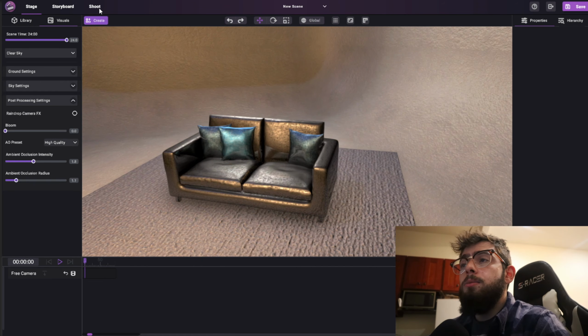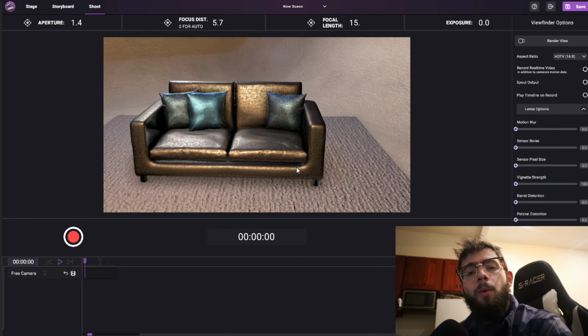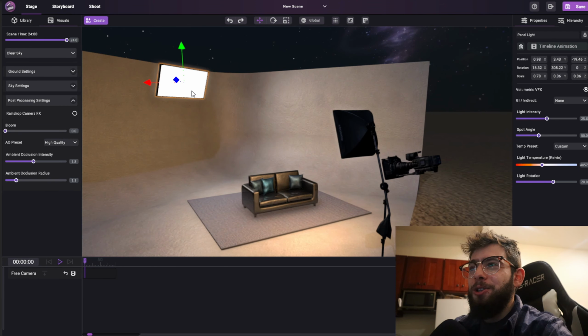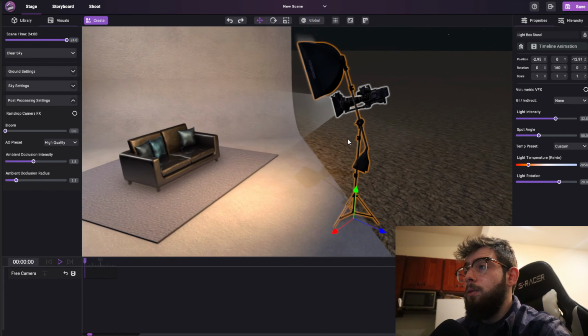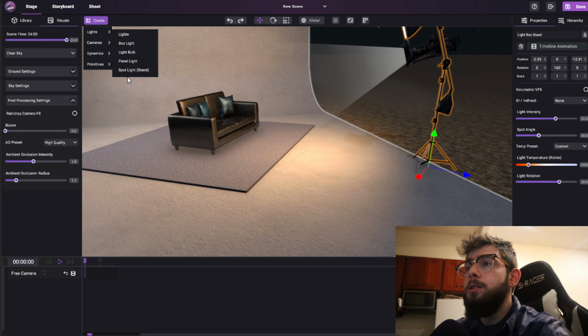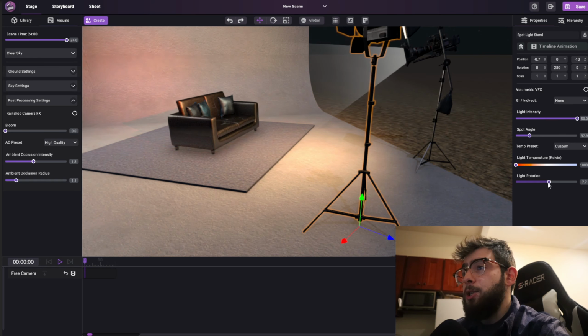Now I'm going to go into shoot mode and try taking a picture. The philosophy behind the way SceneForge works is that you set up your scenes in the way you would set them up if they were actually being photographed in real life. So for example, in addition to these floating fictional lights like the panel lights over here, we have realistic types of lighting like this box light. I can bring in a spotlight if I wanted to, and adjust them as if they were actually being adjusted